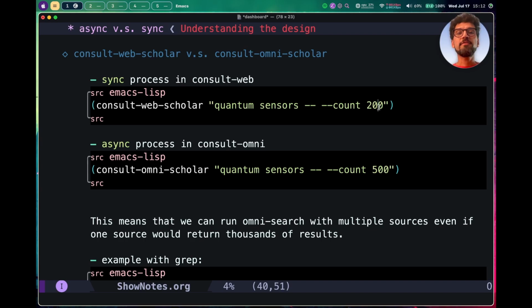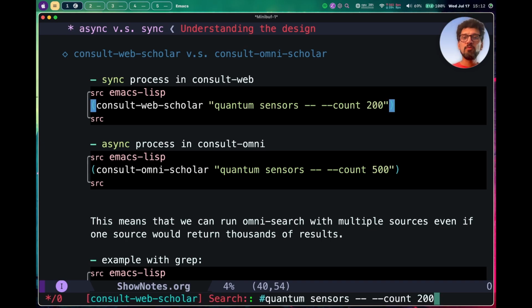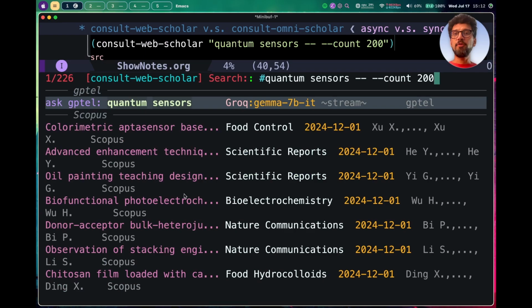And because I'm asking for 200, it's probably going to take a while before all the results arrive. So when I run this, you will see that it will take some time for Consult Web to collect all the results before you can see the results. And that makes it feel a little bit slow,